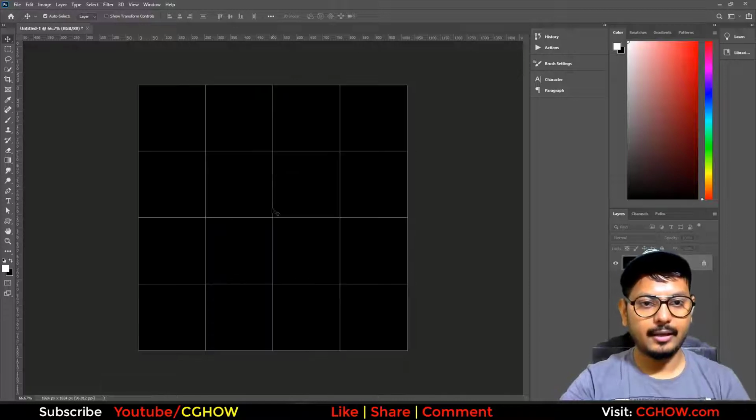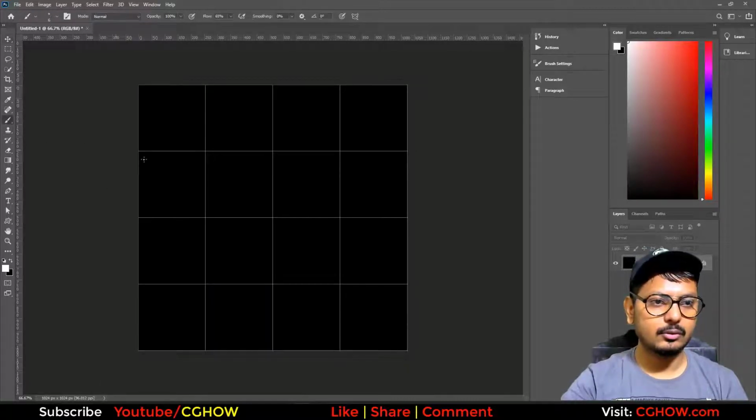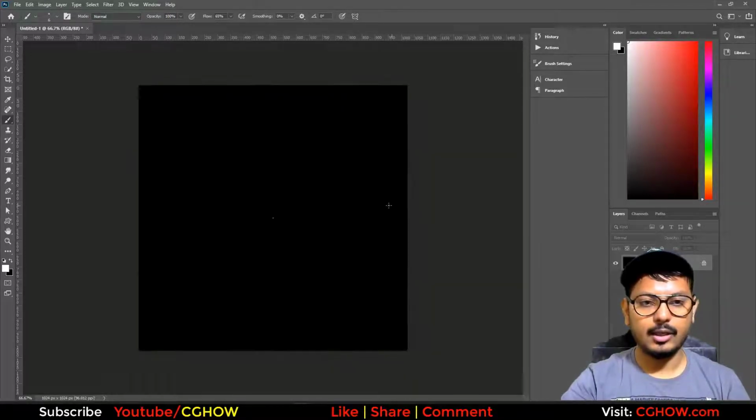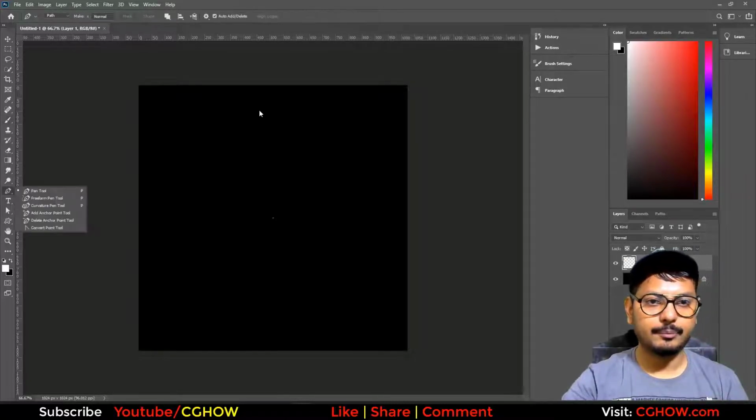And to create the shape there can be different ways, but I'll use pen tool for now. So I'll make it black and I want the center, so I can just make a white dot here, Control H, so this is my center. And on a new layer I will use the pen tool